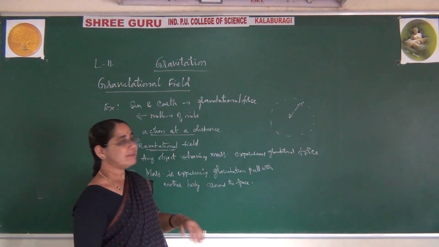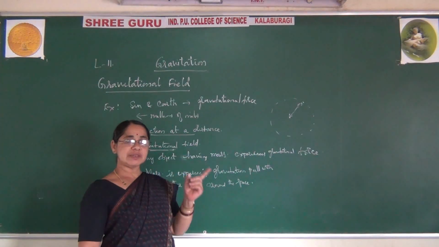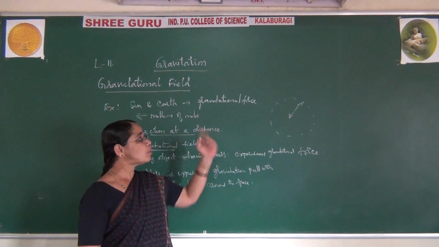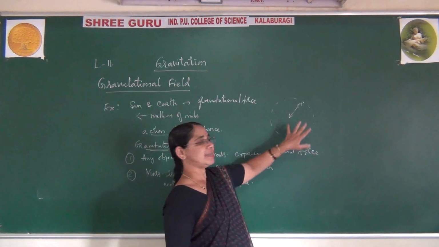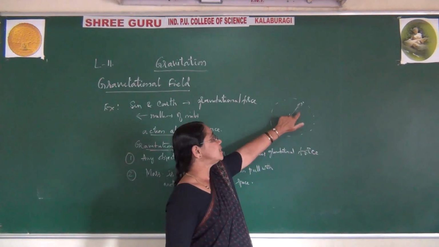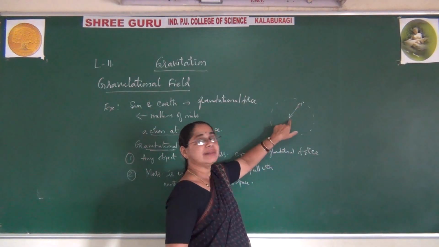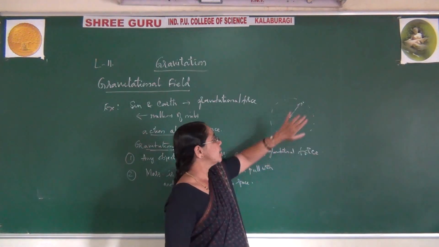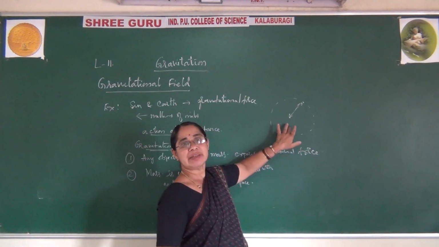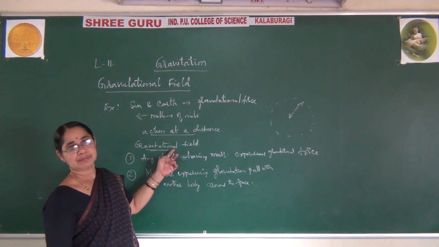So an object having mass will always first produce a sphere of influence around it. That produces some space, right? In that space, if another body is also experiencing the gravitational pull with this body, naturally a force of attraction arises between them, hence it is called a gravitational field.